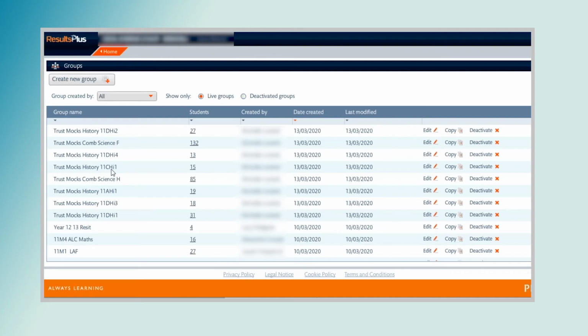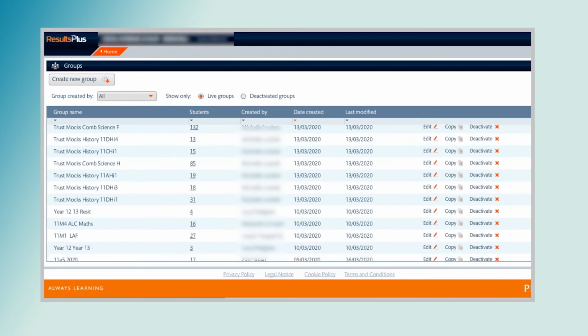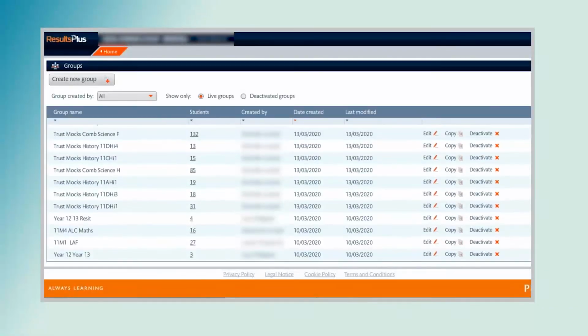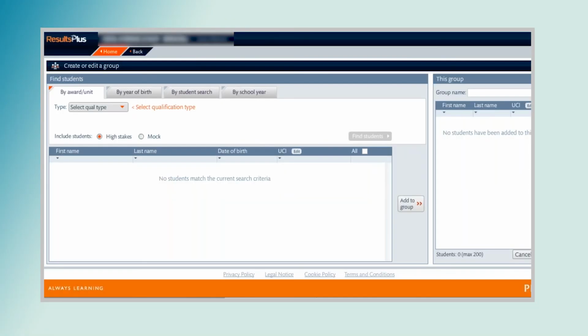So now we need to go back to the kind of home page. There it is. And we need to now create or edit a group. And there's existing groups that are already here, that may be already there from other departments who've been using the mock analysis service. So we need to create a new group with all those students that we populated into the system. This is the thing you must do, is mock.